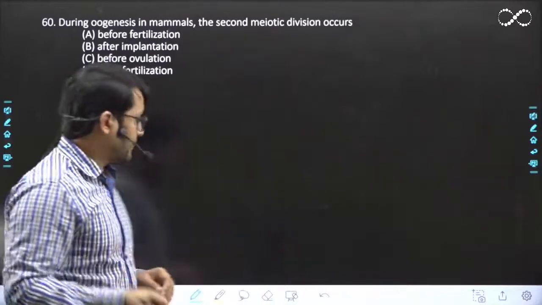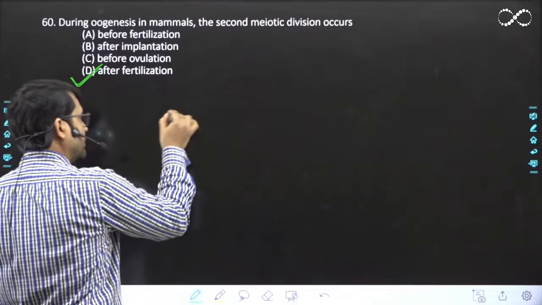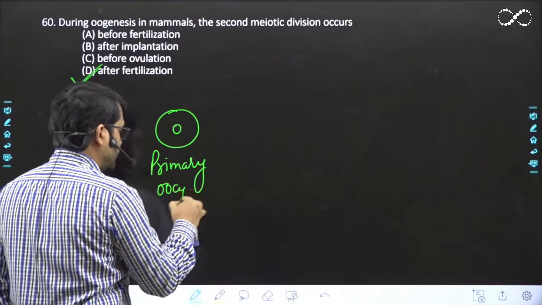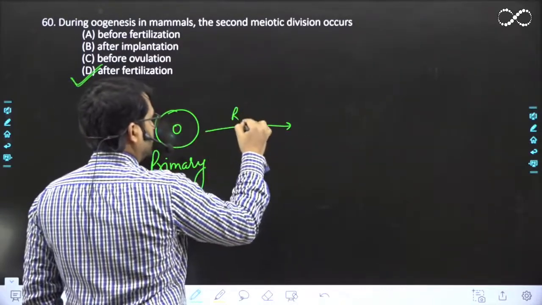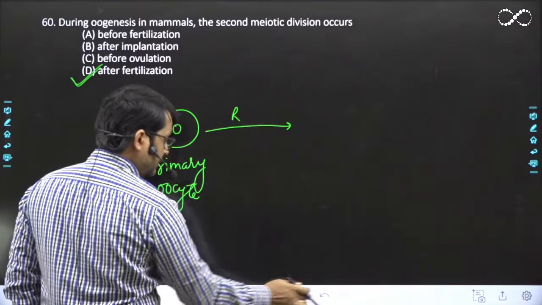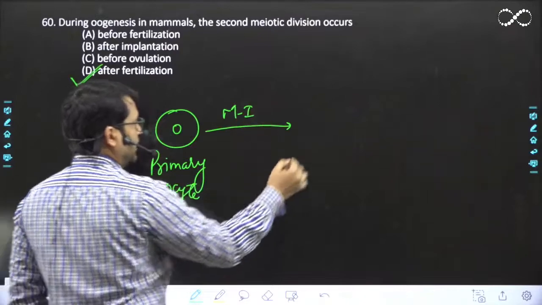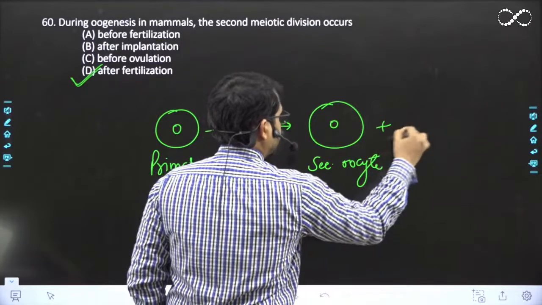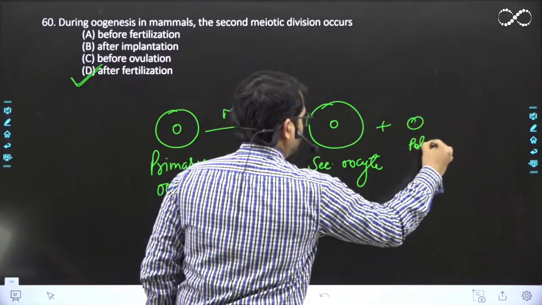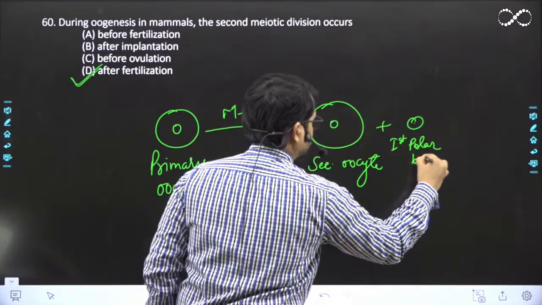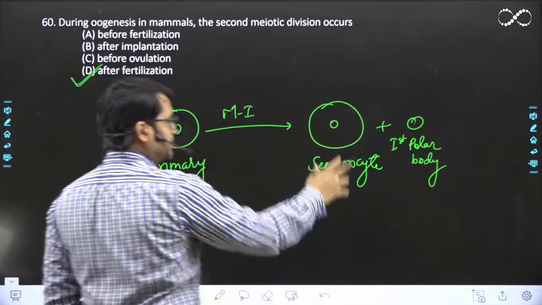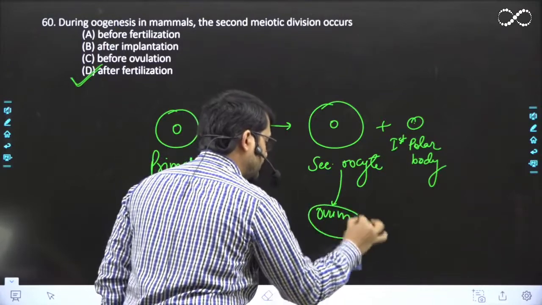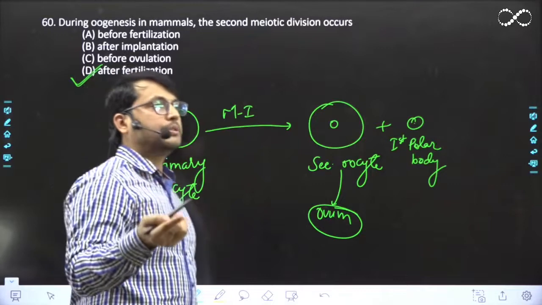See, how it happens is, when we look at oogenesis, the primary oocyte undergoes first reduction division, or I should say meiosis 1, and forms the secondary oocyte plus a polar body, a smaller cell called the polar body. This is the first polar body, and the secondary oocyte later on matures into the ovum. This ovum is released during ovulation and goes